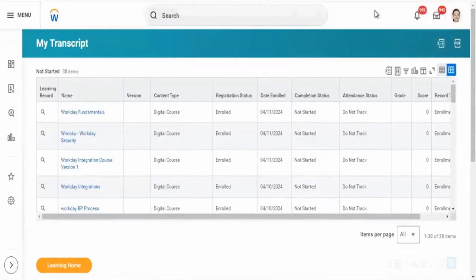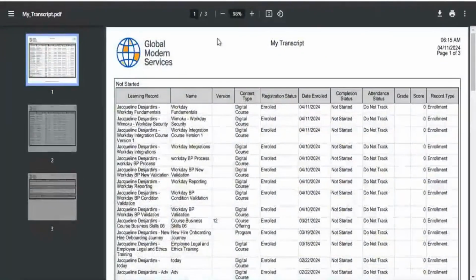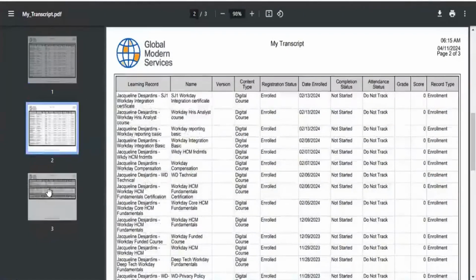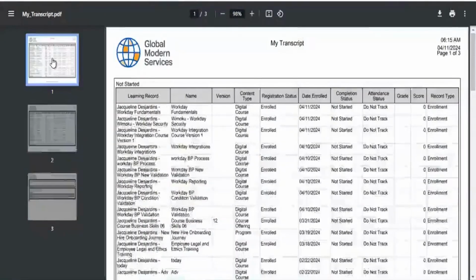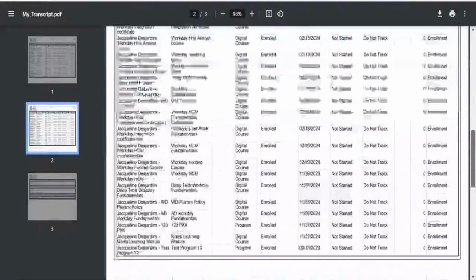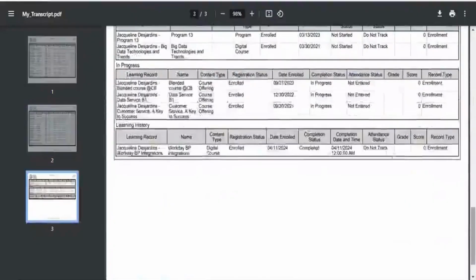You can see here the transcript has got generated, which shows the complete status of the learnings. Generally, since this is a training tenant, you are seeing more, but if it is an actual tenant, you should be seeing whatever is there in the channel. You can see a transcript has got generated which shows what employee has enrolled, what employee has completed, what employee has not completed.